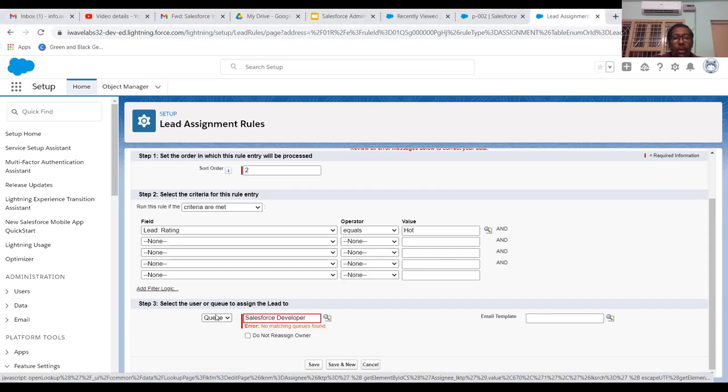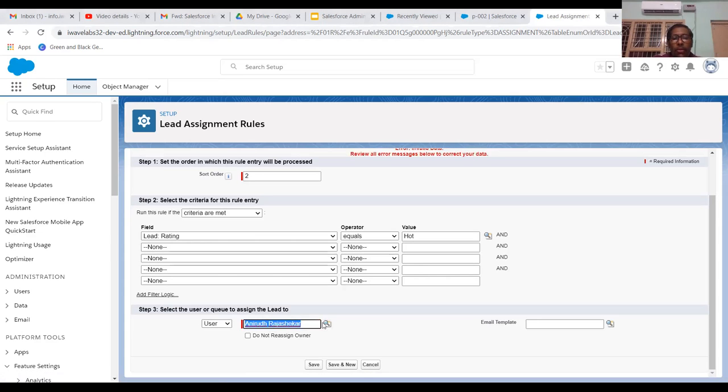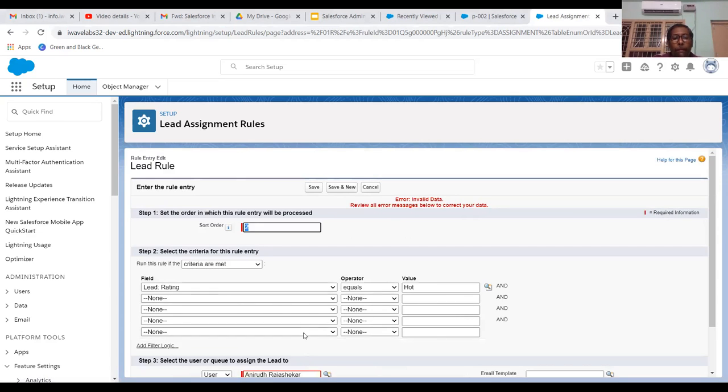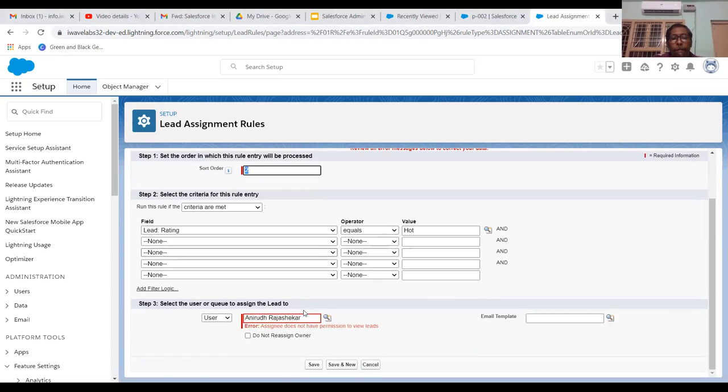Okay. I'll go for user itself. I'll select Anirudh and then I'll click on save. So the assignee doesn't have a permission to. Okay.